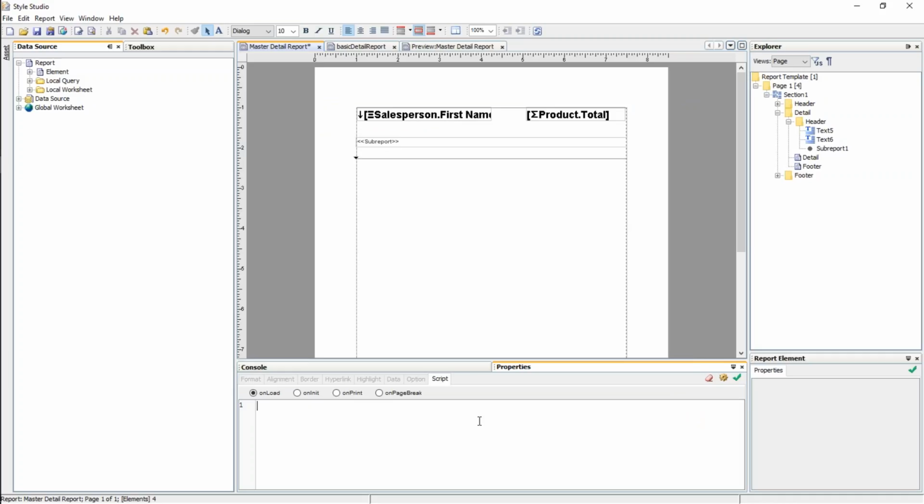And basically what I want to do is say, if the onload script executes whenever the report loads or is refreshed, I want to say if parameter dot show details, right? Show details is the name of that parameter that I just created, that new variable, and this is the way that you access the value of a variable in script: parameter dot, and then the name of the variable. So if that's equal to true,